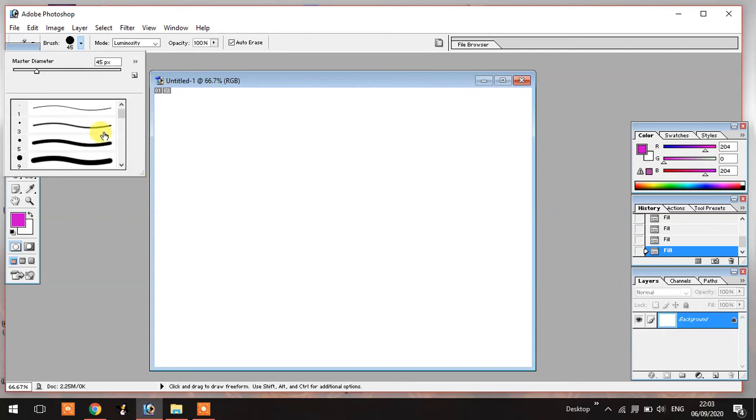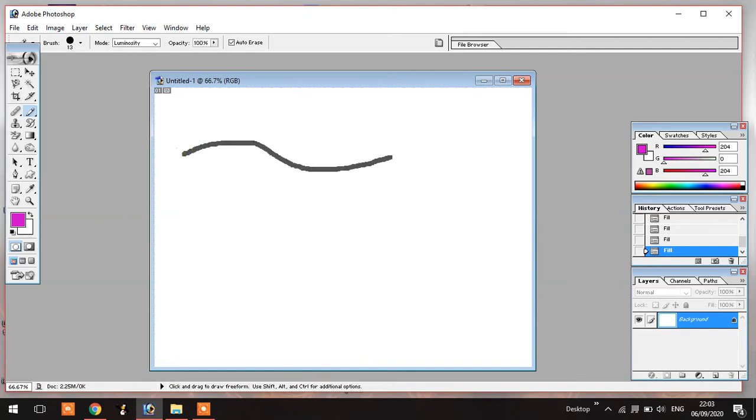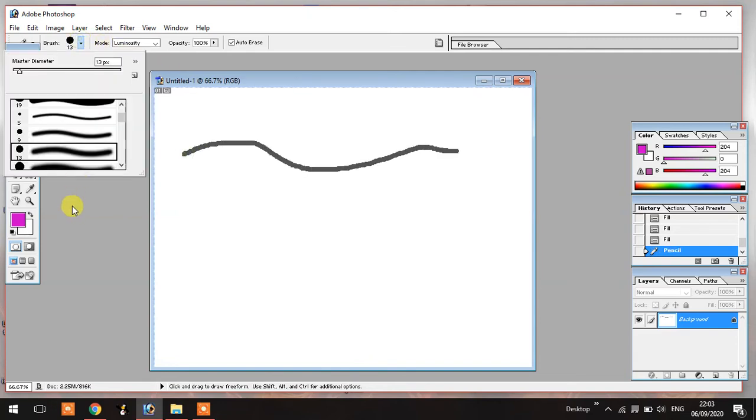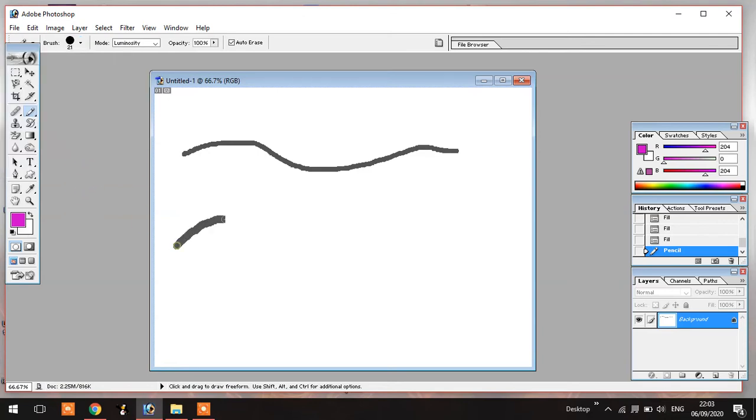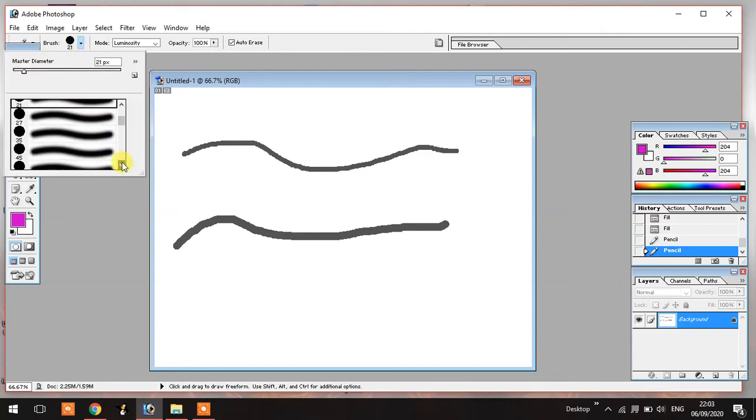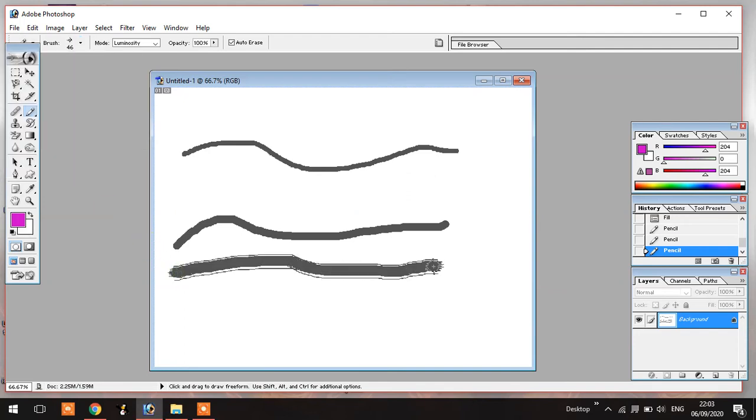And in this option you can view a lot of brush sizes and different type of brushes. Like simply click here, there are so many brushes and you can use any of these brushes. You just go down and use any of the brushes.